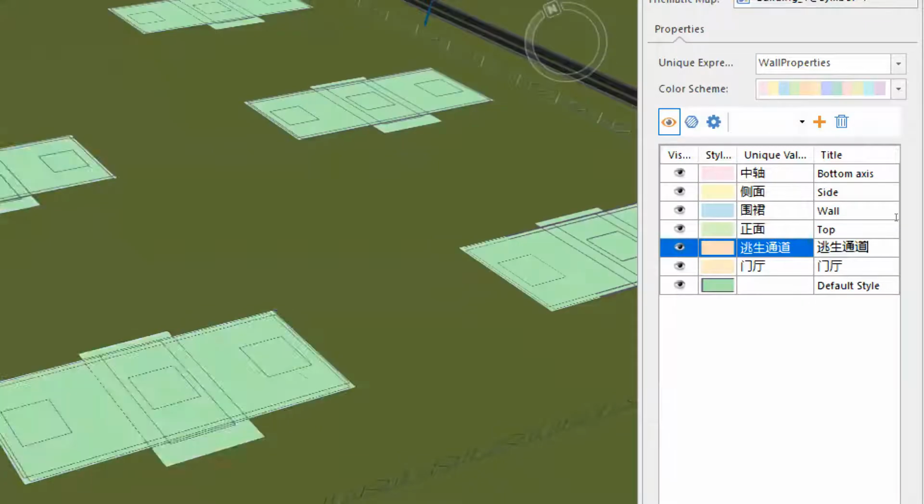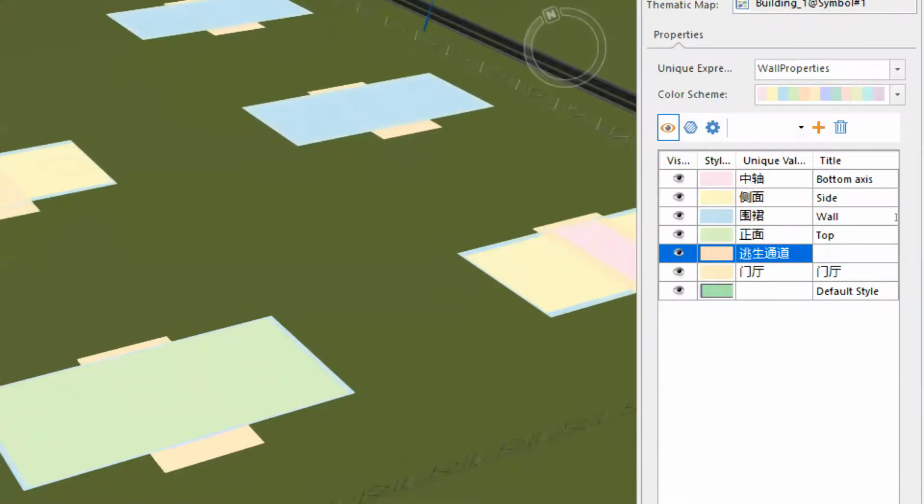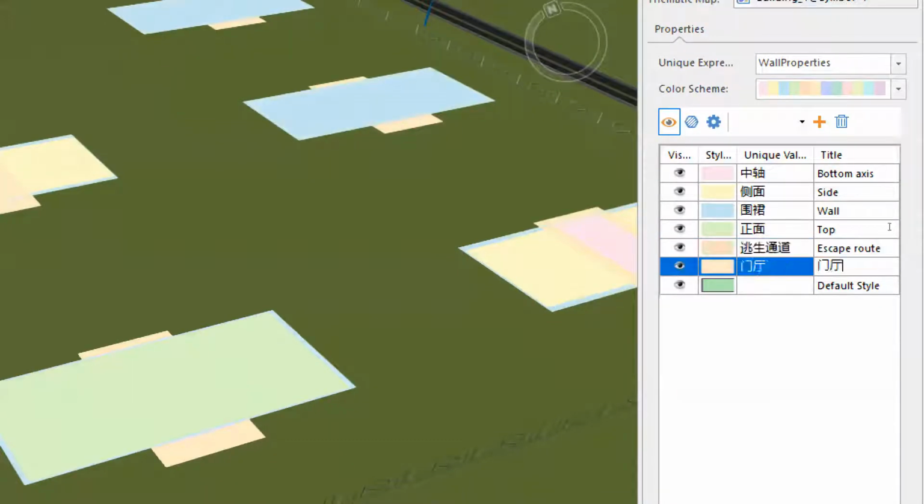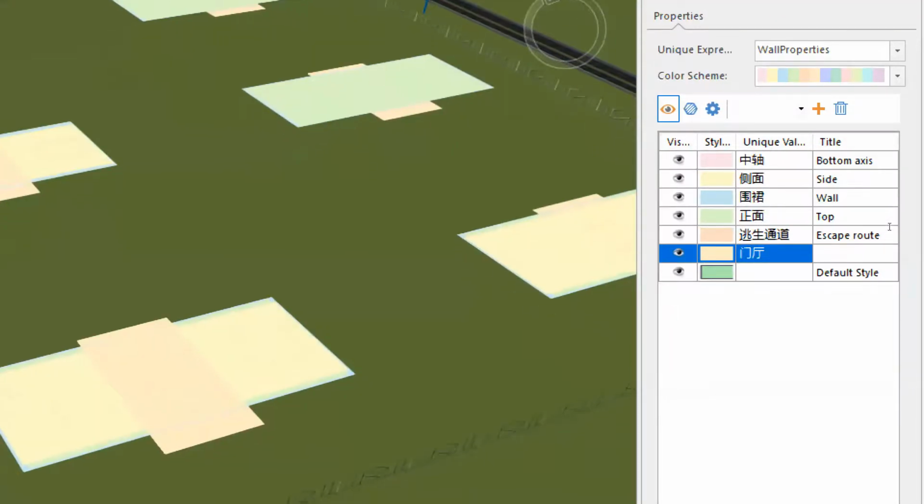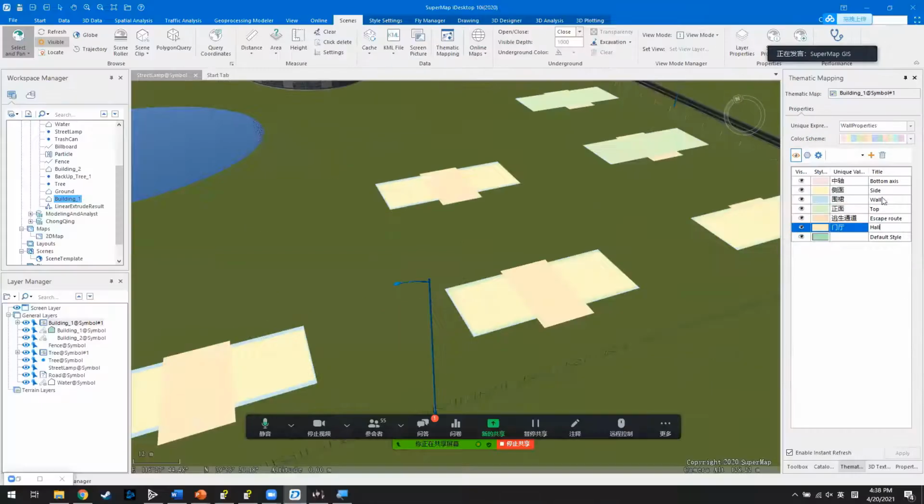It's just a simple translation. So that is its aspect. Okay, that is the tabs of the wall. That is the tabs of our building, and we can set it